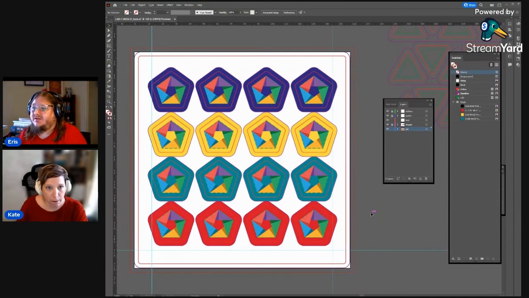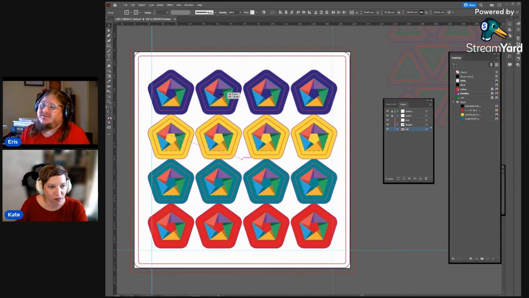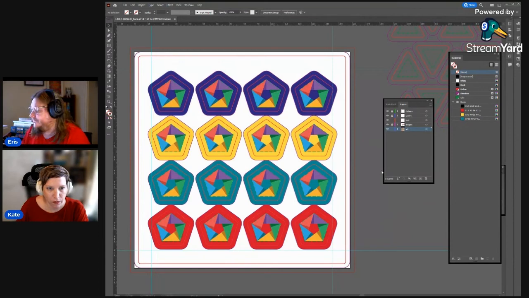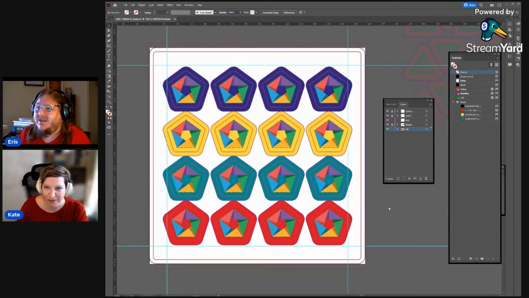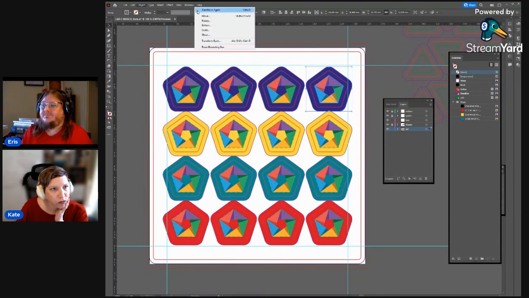For people who work a little bit more by numbers than Kate does, Kate does this very well, whereas I tend to not always get them lining up very well. So one way you can also do it is using the step and repeat function, I think it's called. Oh, no, sorry, in Illustrator, I don't have Illustrator open in front of me. If you select an object and then Transform, the first one is Move.